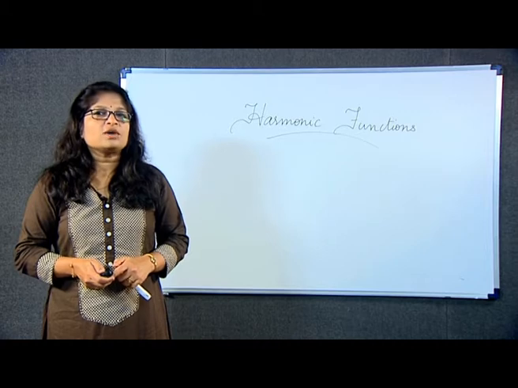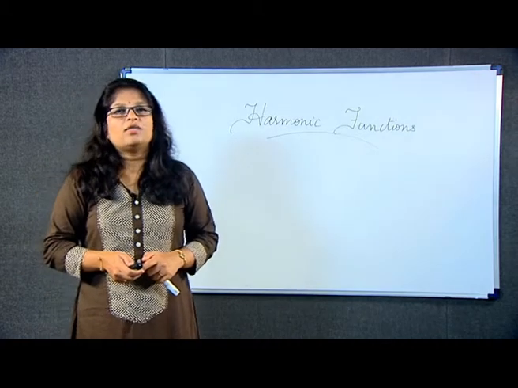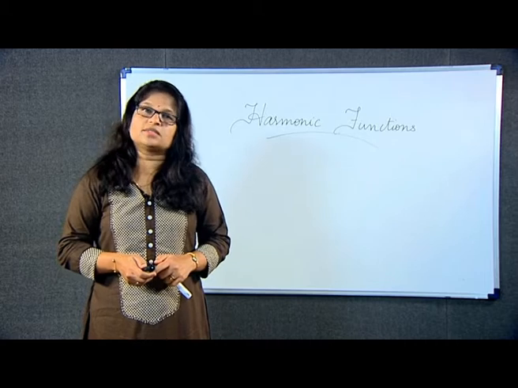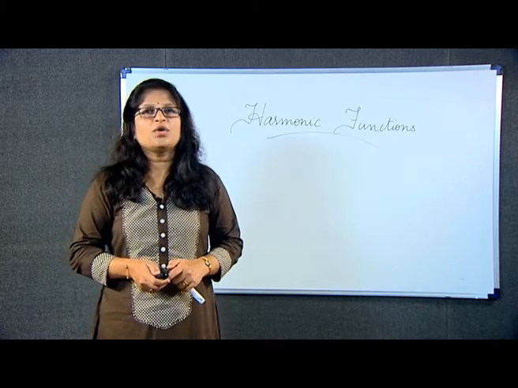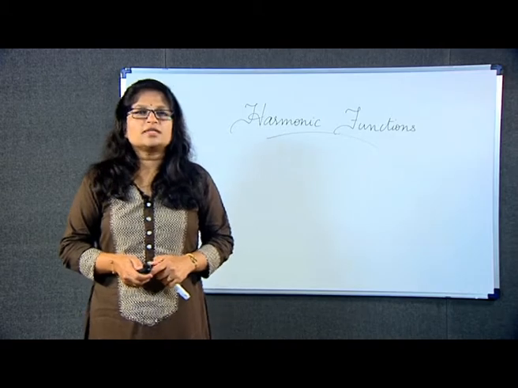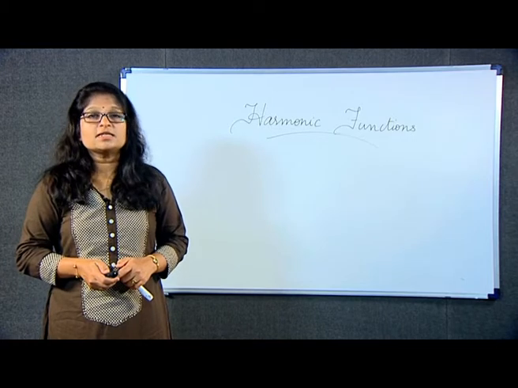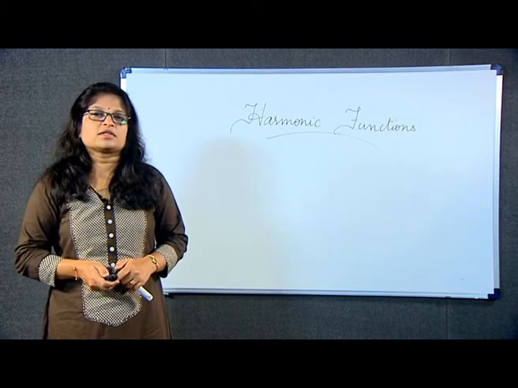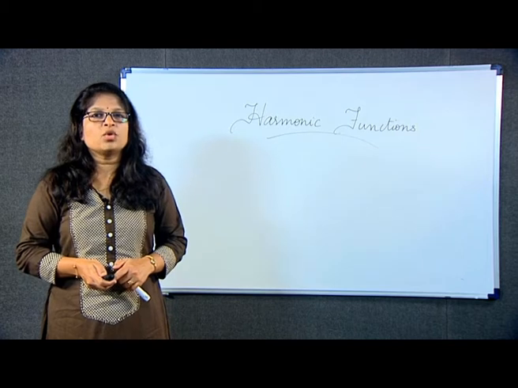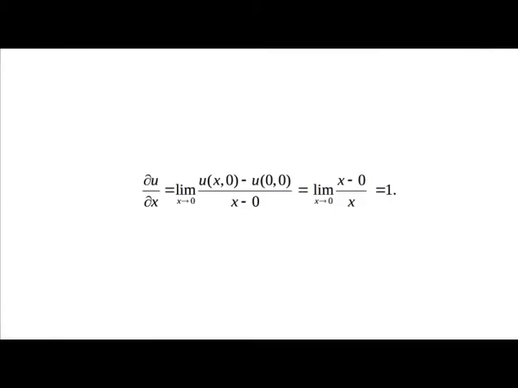So, if I have to check the differentiability at z equal to 0, that is the origin, how do you do it? We can do it only by the definition of partial derivatives, that is the limit definition of partial derivatives. So, if I have to find dou u by dou x, you go by the limit definition. What is the definition for dou u by dou x? It is limit x tends to 0, u of (x, 0) minus u of (0, 0) by x minus 0. So, which is obviously x minus 0 by x as limit x tends to 0, which will give you 1.